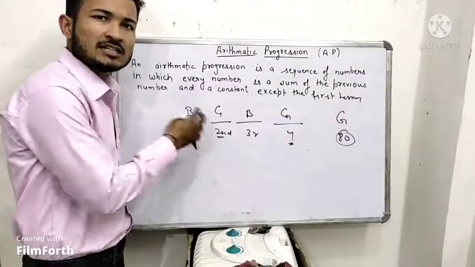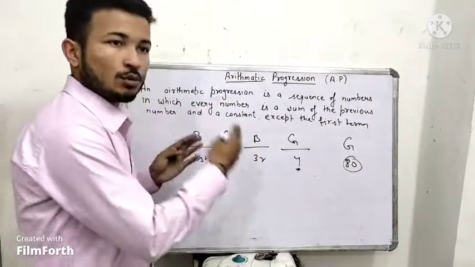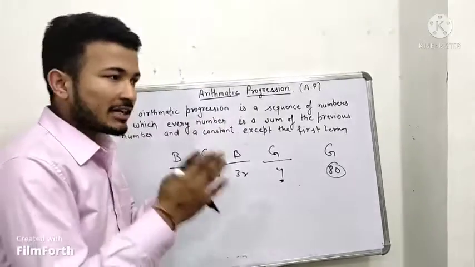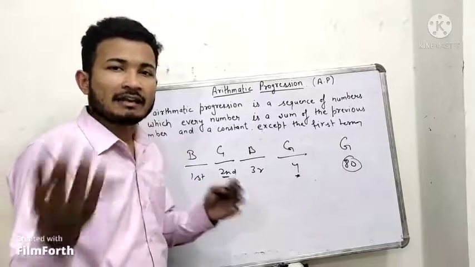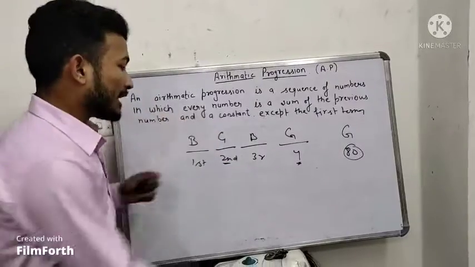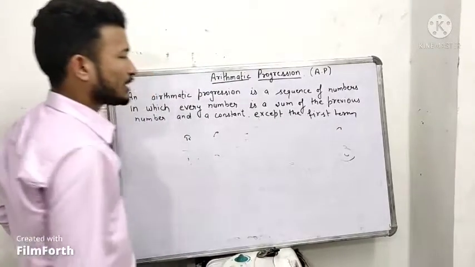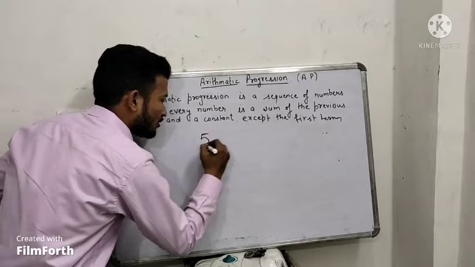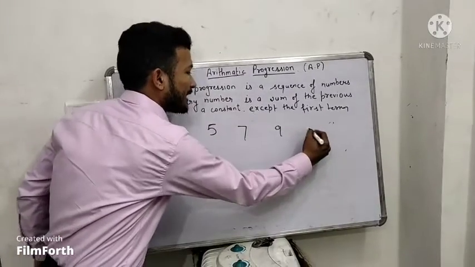So this is just an example. When certain numbers are placed by a particular method or rule, we can guess or tell any number. Now let me take this to the number system, and that is called arithmetic progression. Let me take an example of numbers. Suppose I have a number 5. The next numbers are 7, 9, 11.